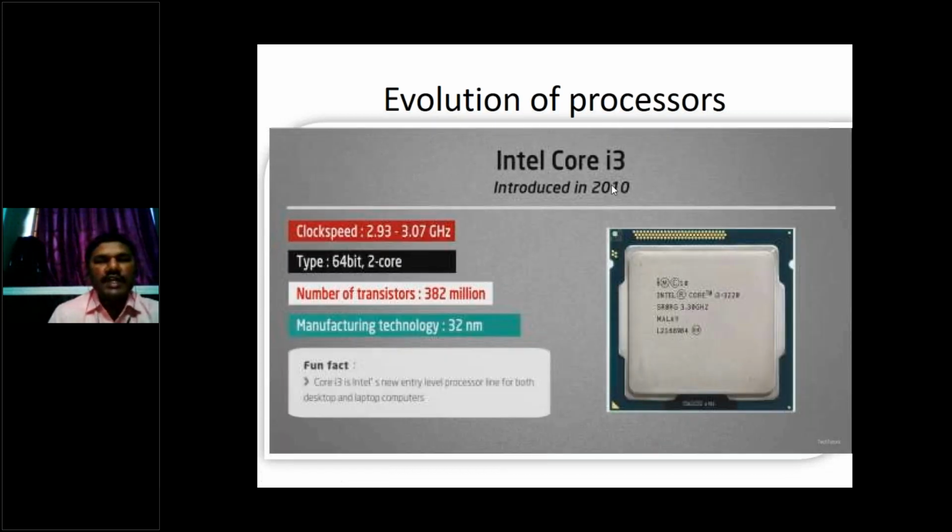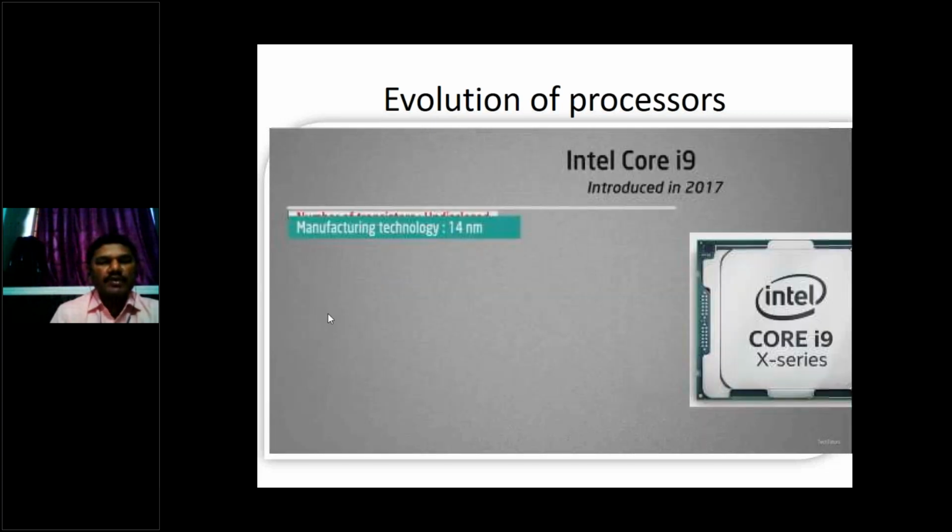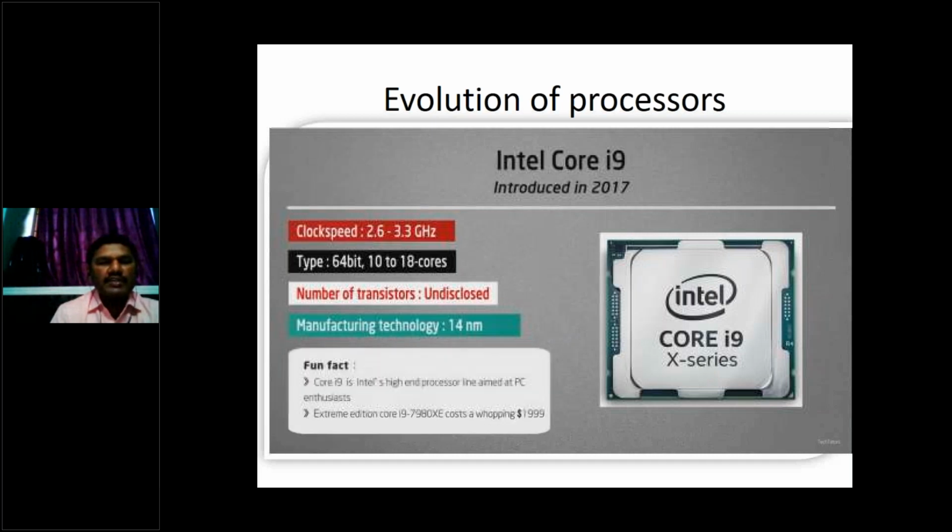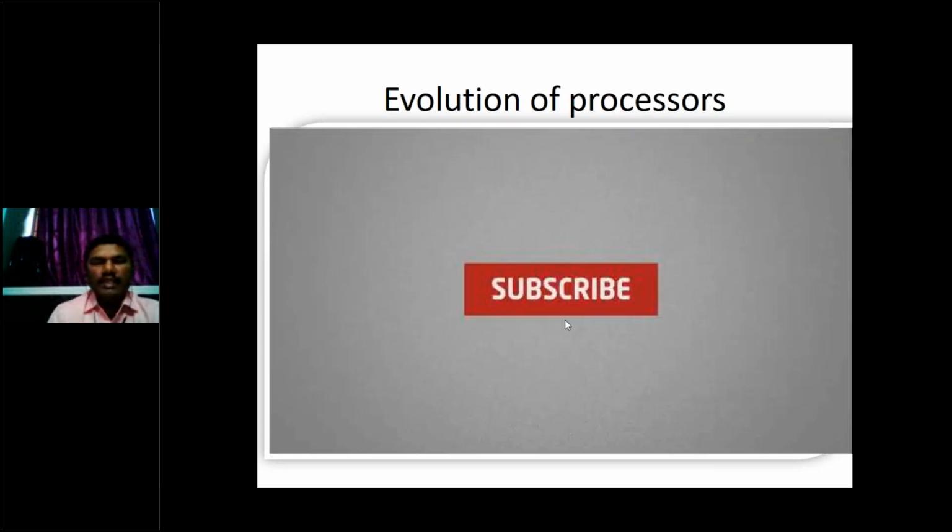So you can see here that as the years increase, cores and data operation are also increasing. Right, in 2017 we are also using 64-bit microprocessors, and that is the evolution of microprocessors.